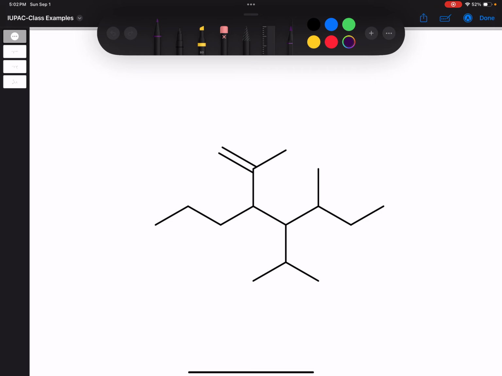Okay, so we're going to give the IUPAC name for this compound. And we're just going to use the same rules as we always do. We do see that it's a hydrocarbon, even though I do have a double bond, so I have an alkene in my compound. That does not take precedence over finding the longest carbon chain, so that's what we're going to start with. So if I start, let's just say going from left to right, I get 8 carbons,